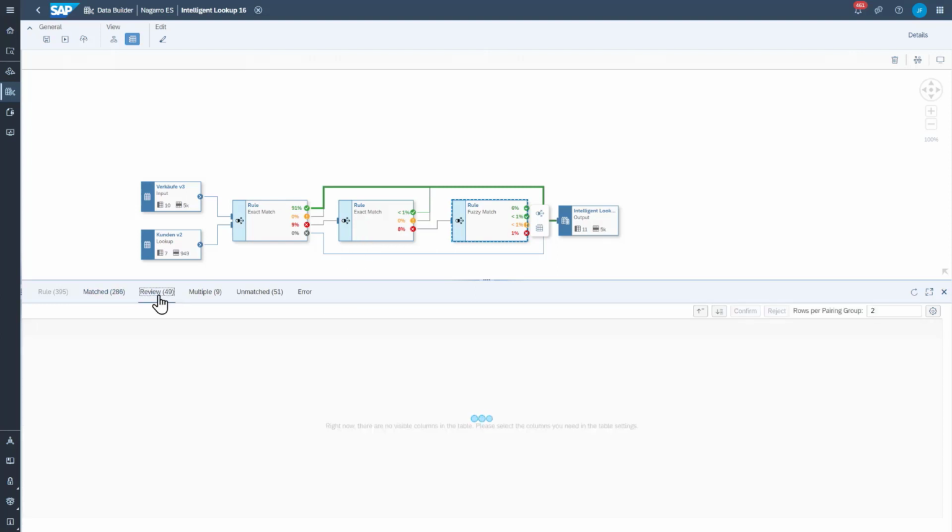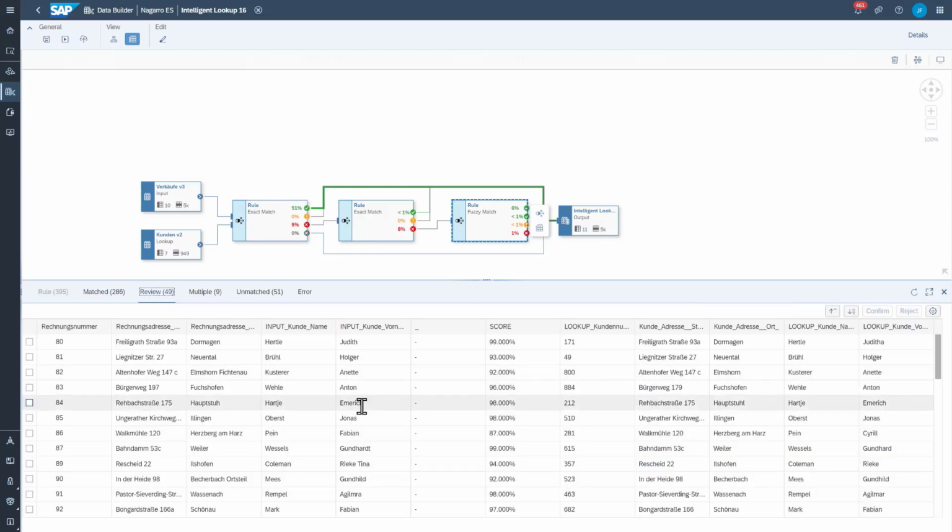But then there were a couple of uncertainties where there were slight spelling differences. So here UDIT was ordering while our master data is on UDITA. There was a Liegnitzer Str. dot,